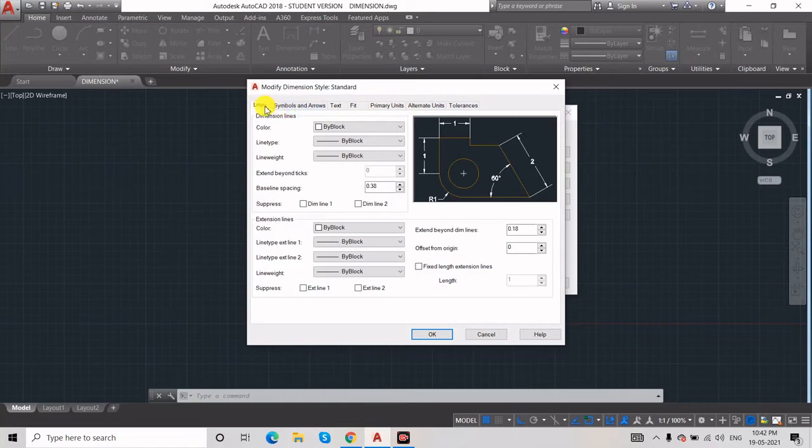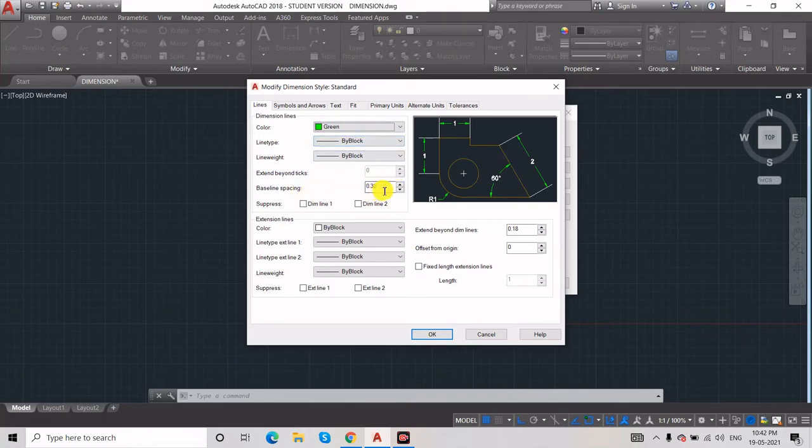Like line, in the line tab we can change the color of the line. For example, this is the dimension, that is 2, and this is its line; you can change the color of this line. I will take green. Okay, you can see it in the preview. Keep the line type and line weight the same, by default.